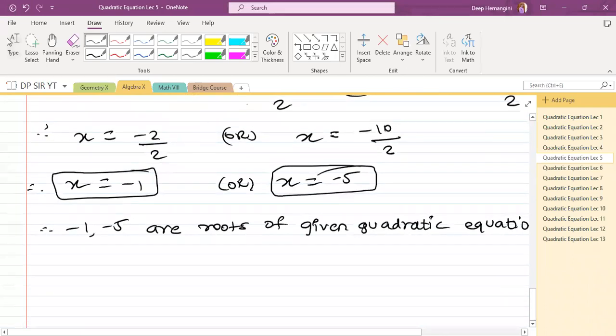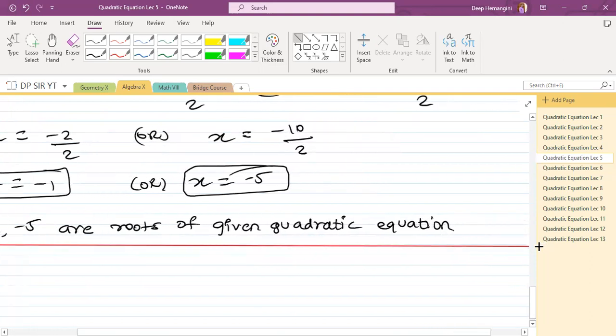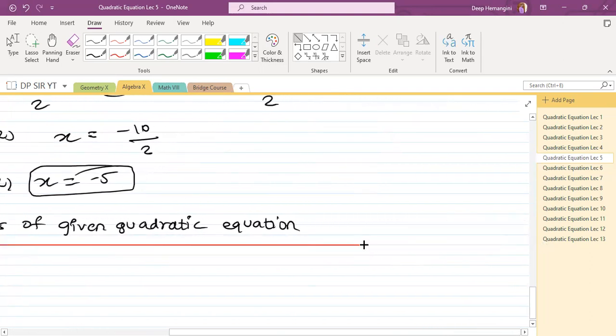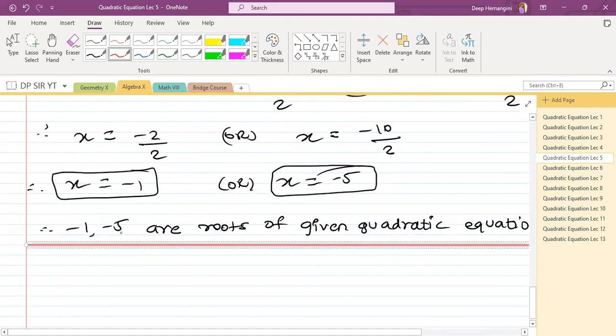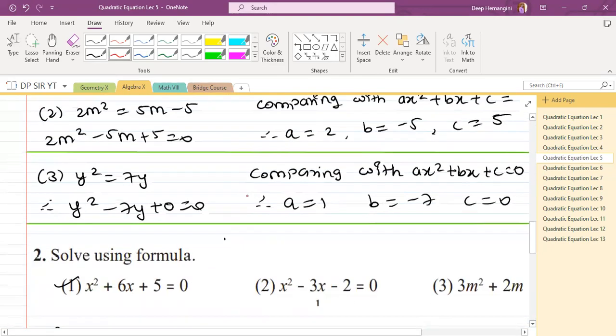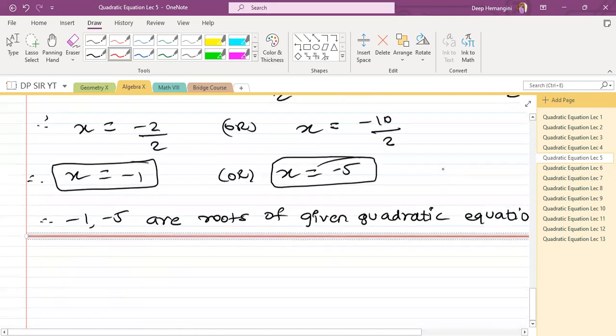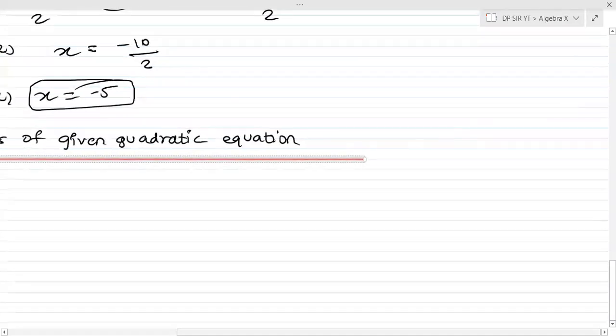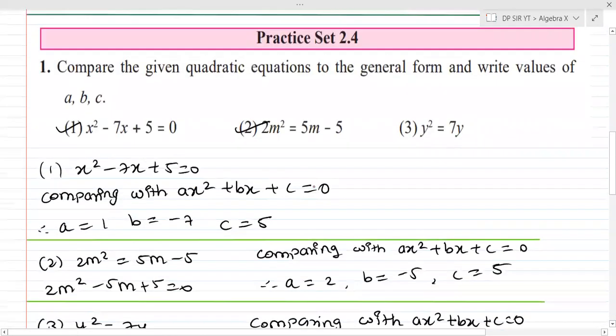Shall I start with the second question, if you all don't mind? No, taking your permission is very very important, no? Anyway, we are still having time. We are still left with 10 minutes. We can start with the next question. At least we can try to complete the 3 questions which are decided. Okay, so let's go ahead. If I try, I can complete all the 6 questions. Only thing is I need to extend the lecture a bit, but I don't want to do that.